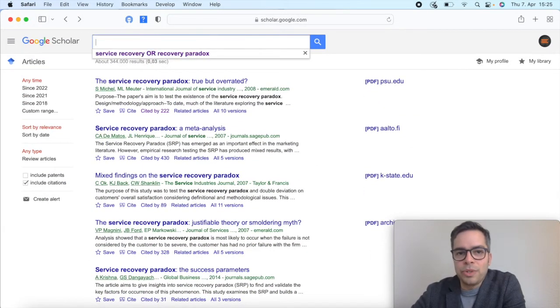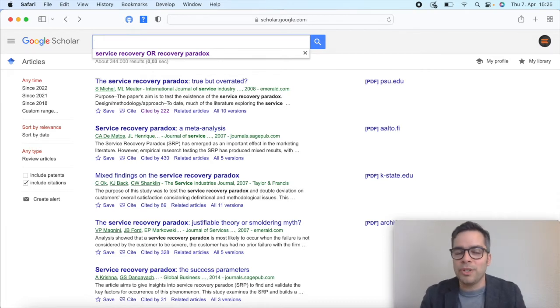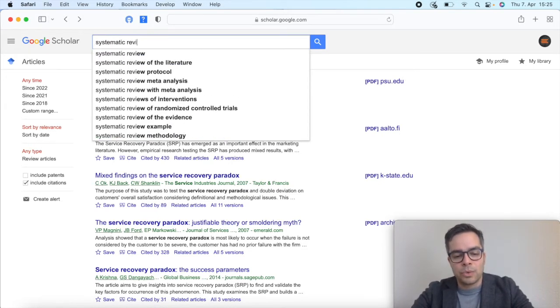Another suggestion which I always give to my students is whenever you're diving into a topic and you're trying to search for articles related to that topic, there are so many papers out there, right? So how can you have a good overview of that topic? Usually I give the suggestion to try to find systematic reviews or meta-analyses, because then in one paper you can see decades and decades of investigations in that topic. And then you can see what makes more sense for you to go back to Google Scholar and search for the individual articles. So for example, if I type here systematic review